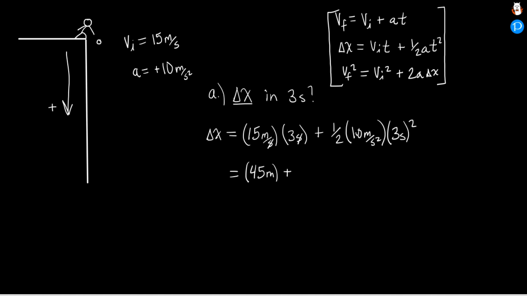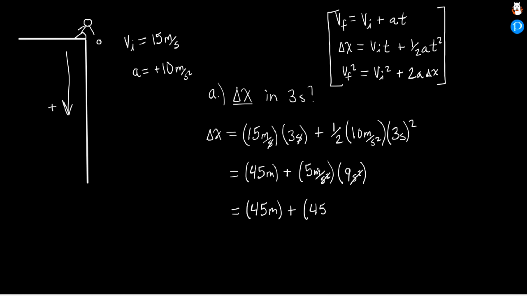Plus, let's see, 1/2 times 10, so I'm just going to put that's going to be 5 meters per second squared times 3 seconds, and we're going to square that whole thing. So when I do that, it's going to be 9, and then we're going to square that seconds as well. So 9 seconds squared. And so you can see here, the reason I wrote that out is so we can see that seconds squared is going to cancel out when I multiply these two, right? So seconds squared goes away here. Seconds squared goes away here. And so notice we're left with meters on this term here, 45 meters, plus